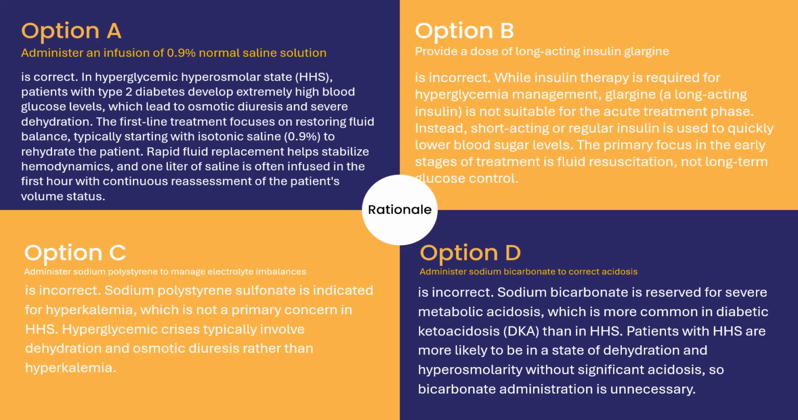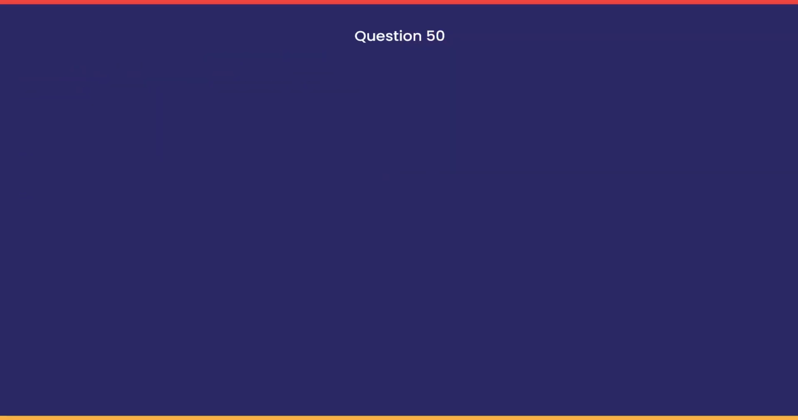A is correct. In hyperglycemic hyperosmolar state, HHS, patients with type 2 diabetes develop extremely high blood glucose levels, which lead to osmotic diuresis and severe dehydration. The first-line treatment focuses on restoring fluid balance, typically starting with isotonic saline, 0.9%, to rehydrate the patient. Rapid fluid replacement helps stabilize hemodynamics, and 1 liter of saline is often infused in the first hour with continuous reassessment of the patient's volume status. B is incorrect. While insulin therapy is required for hyperglycemia management,